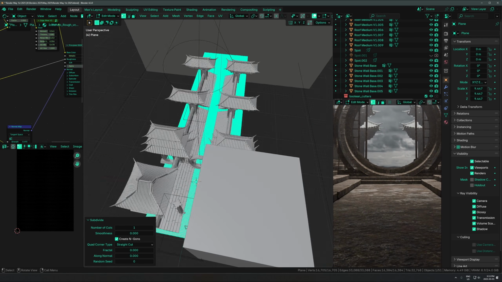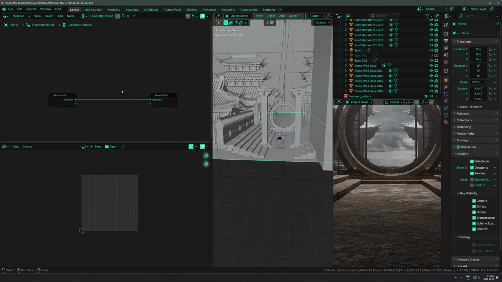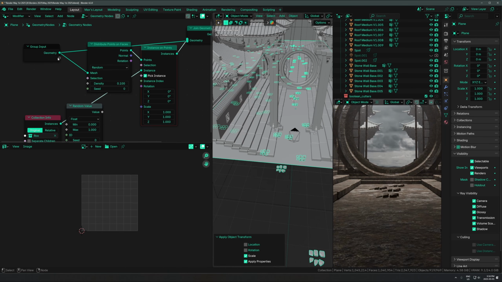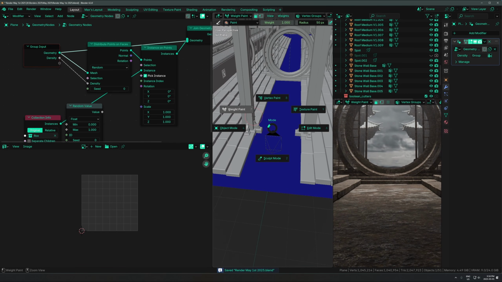And then I'm going into geometry nodes over here. So I'm just doing a basic scattering setup here in geometry nodes. There's a bunch of ways to do this with particle systems or add-ons or geometry nodes or whatever. I'm not going to go into detail exactly how to set this up because there's plenty of tutorials on YouTube that will teach you very easily how to do it. But basically, I'm just taking those rock